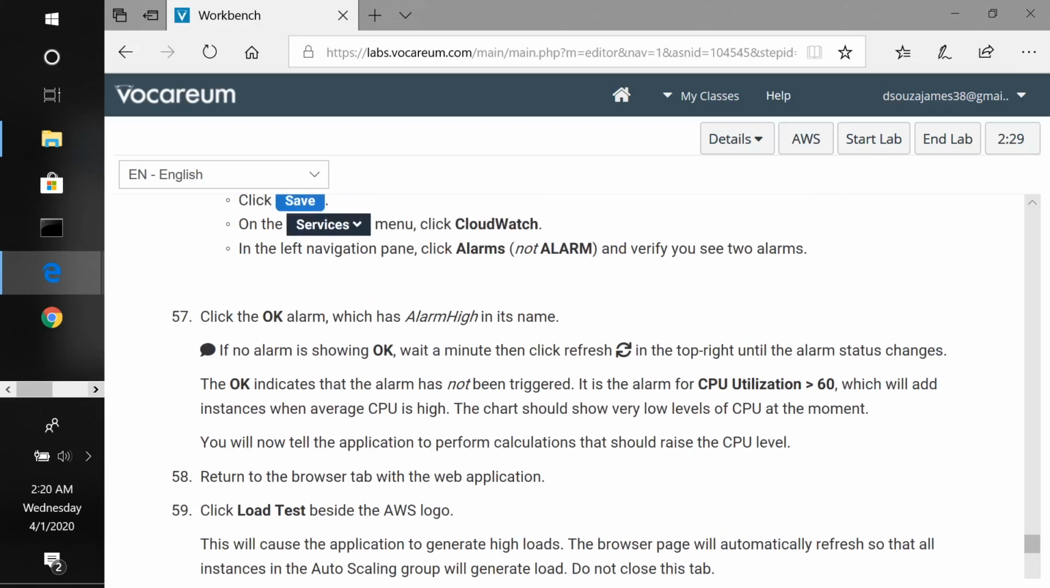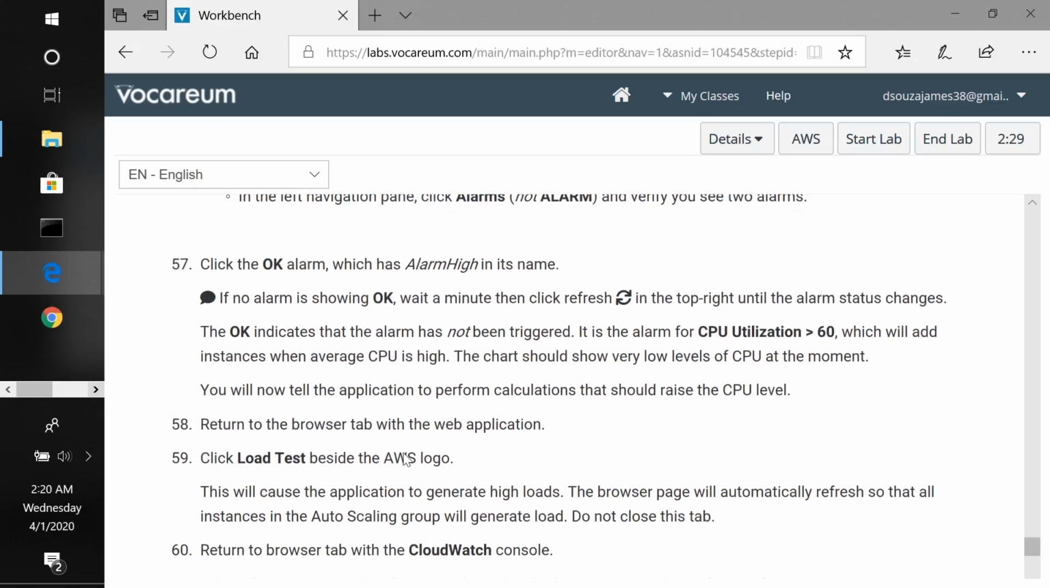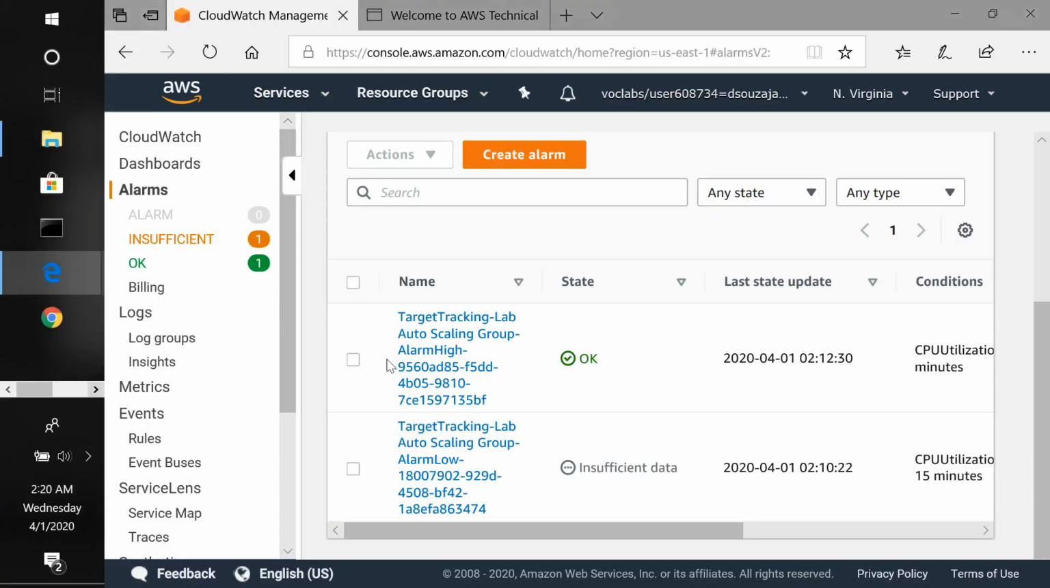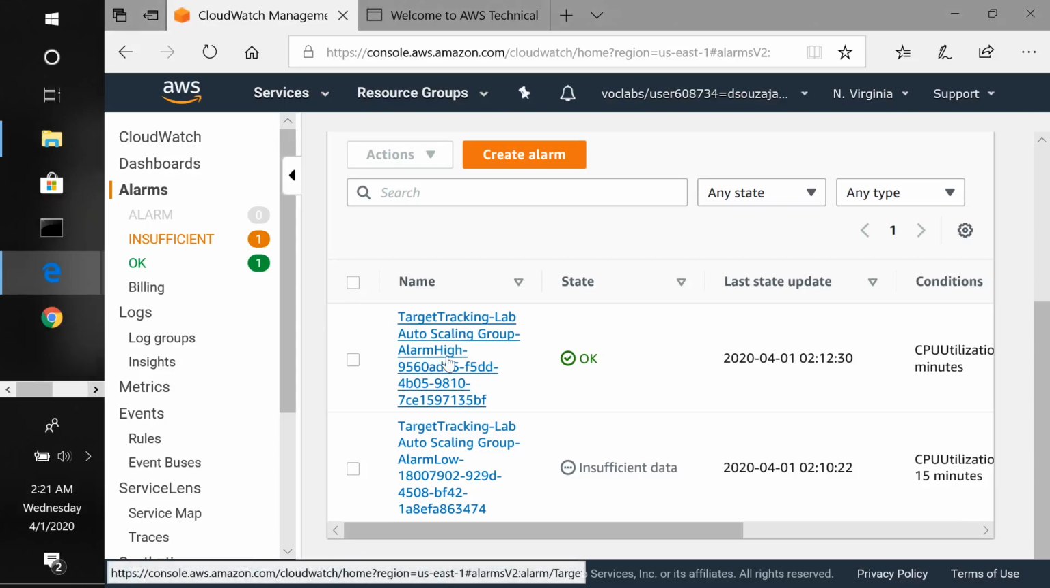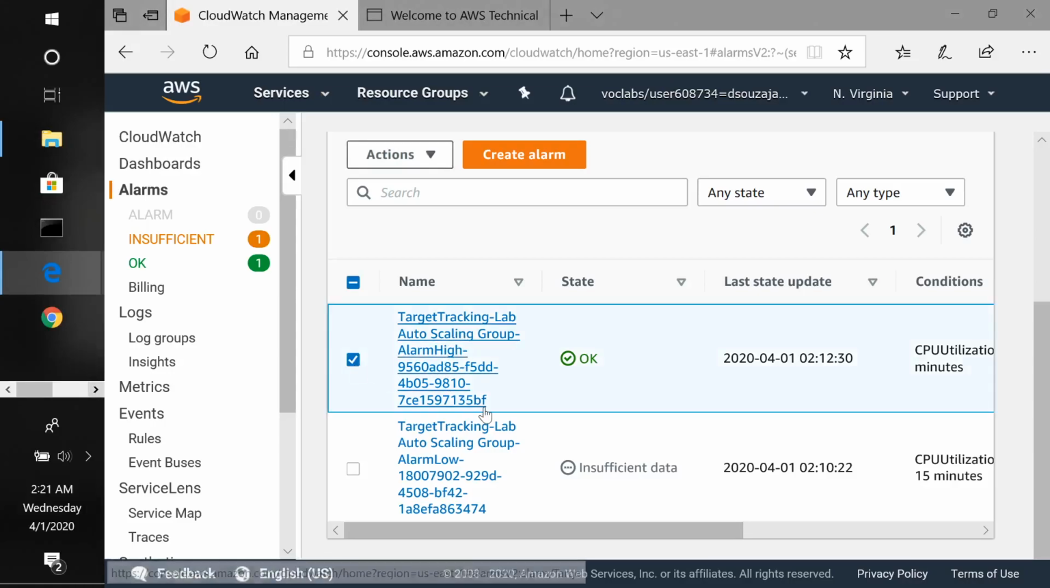So in the left navigation pane, click alarms, verify. You can see 2 alarms, yes. Click the OK alarm, which has alarm high in its name, right? Okay, and then do what with that? First click the OK alarm. Okay, first let me click the OK alarm, which is this alarm high, greater than 60. Okay, and then